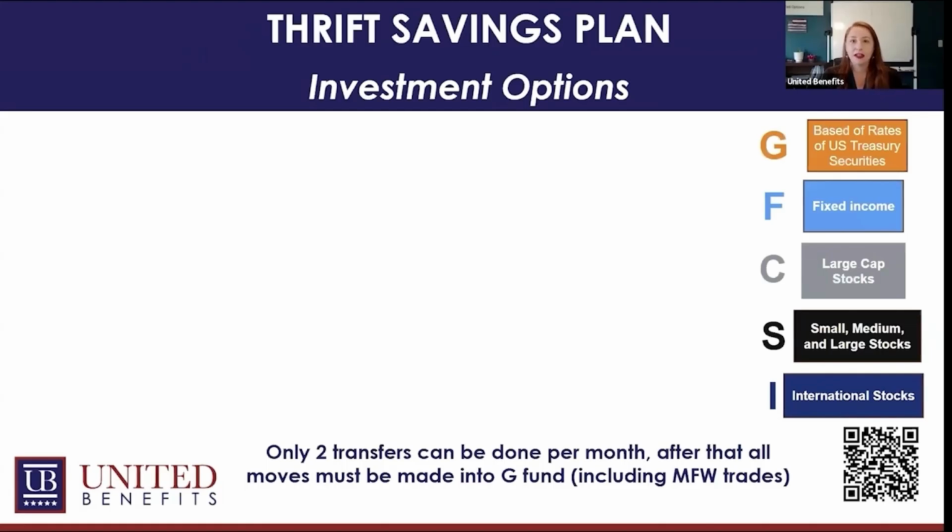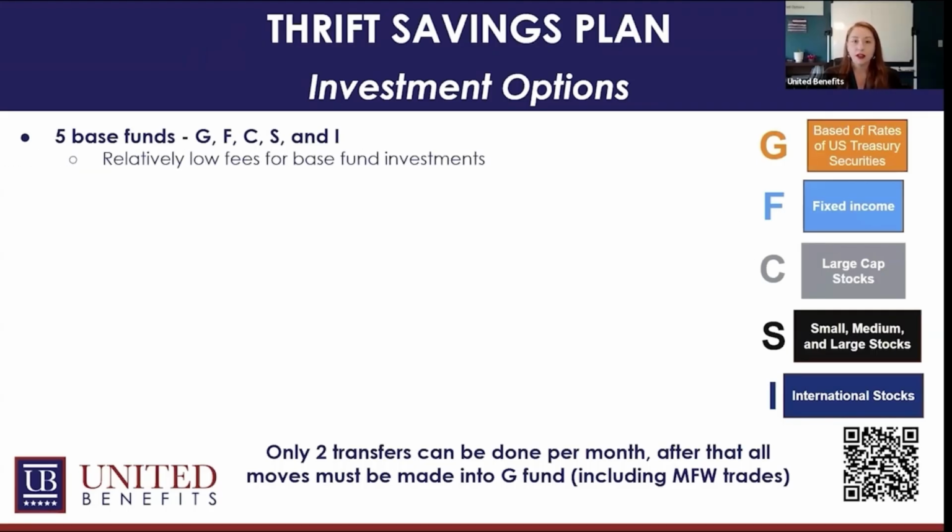Now we're jumping into the TSP. These are your investment options within the TSP. Of course, you have your 5 base funds, which are the G fund, F fund, C, S, and I funds. Relatively low fees are why this plan can be really good while you're working and why you might want to